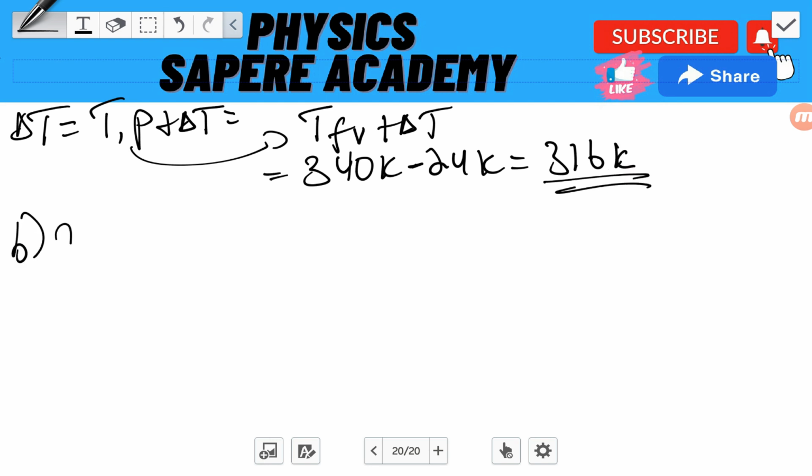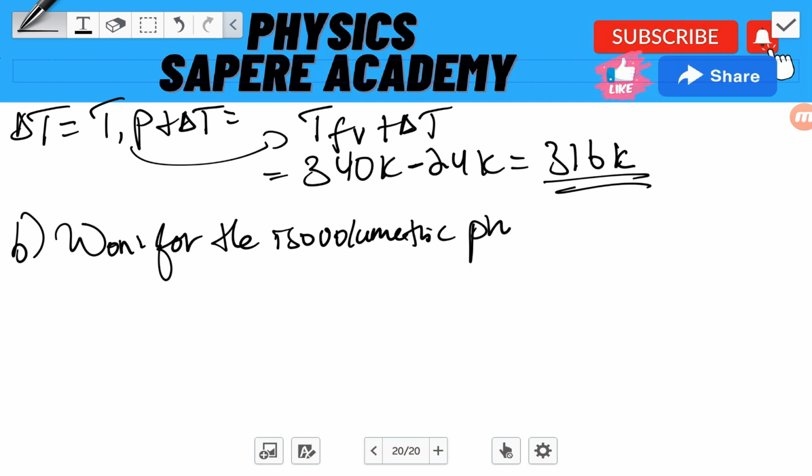B: what is the work done on the system? Now, the work done on the system during this process: for the isovolumetric process, the work done doesn't exist, right? So the work done is equal to 0. And for the second one, we have an isobaric process. Now during the same isobaric process